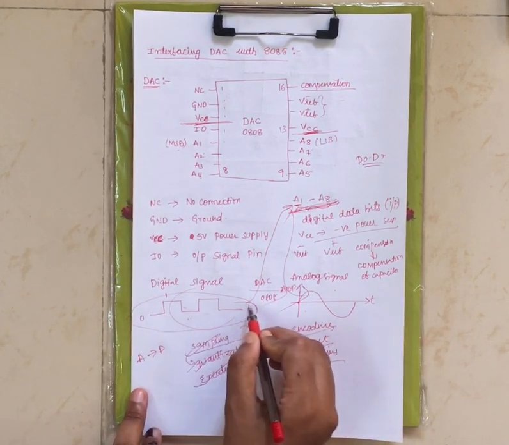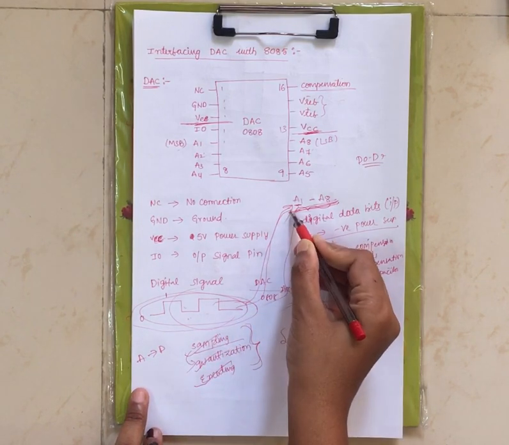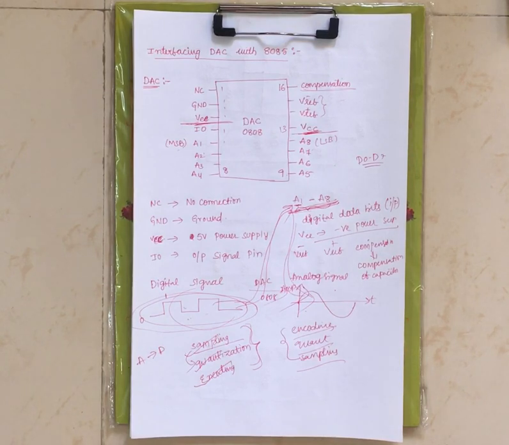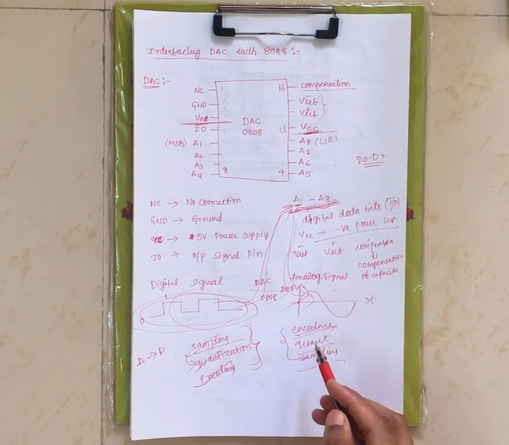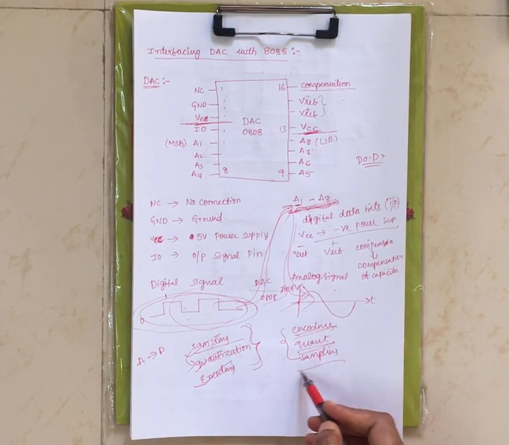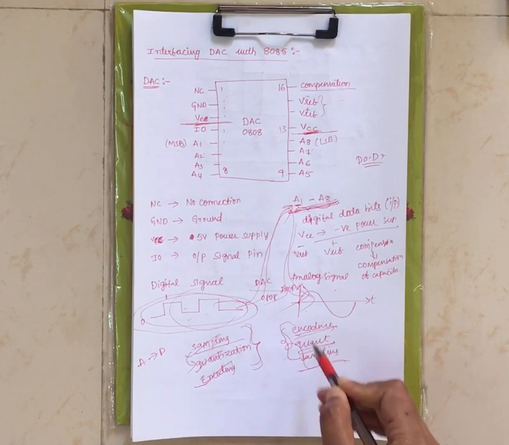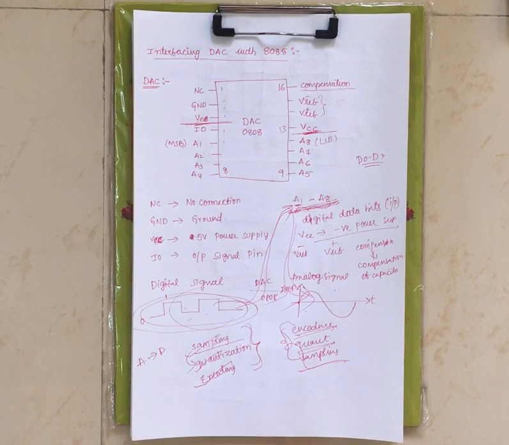Now we are providing digital input through the A1 to A8 pins, and using that input, it has to be converted to an analog signal. This is the actual process of your DAC. Internally, it will first encode the digital values, next quantize the values, and next sample the signal. These are the internal steps of the DAC IC. I am just giving an idea, but it is not required. You just remember what a digital signal is, what an analog signal is, and what the actual process is.